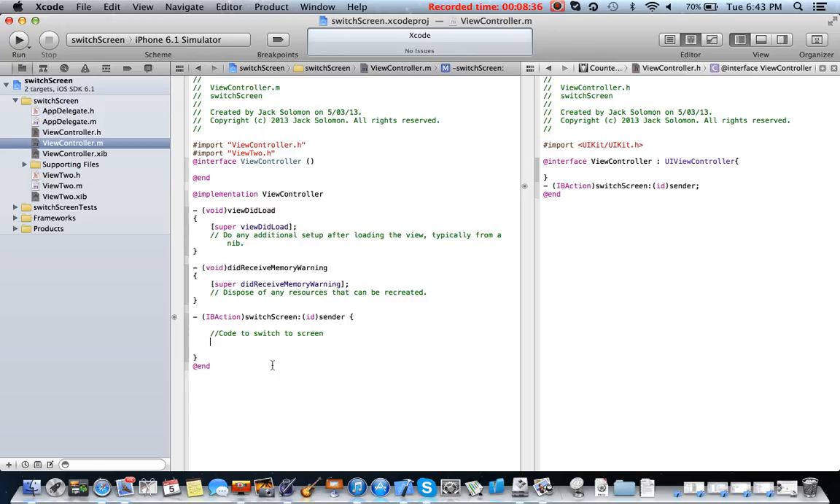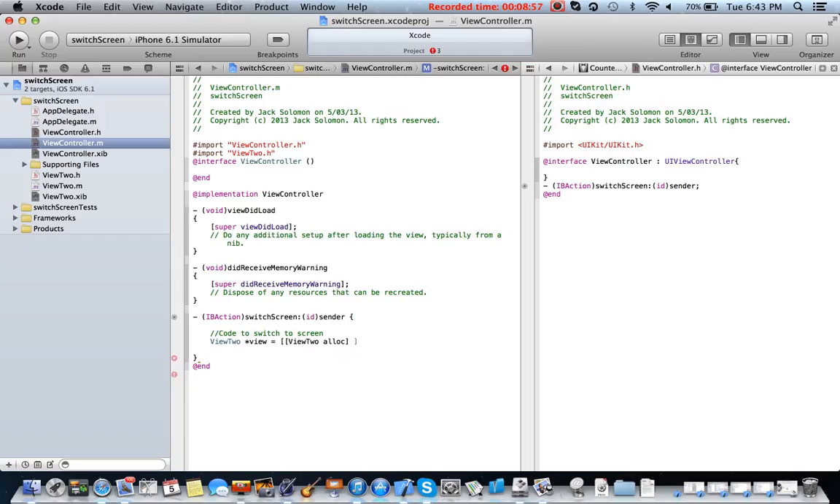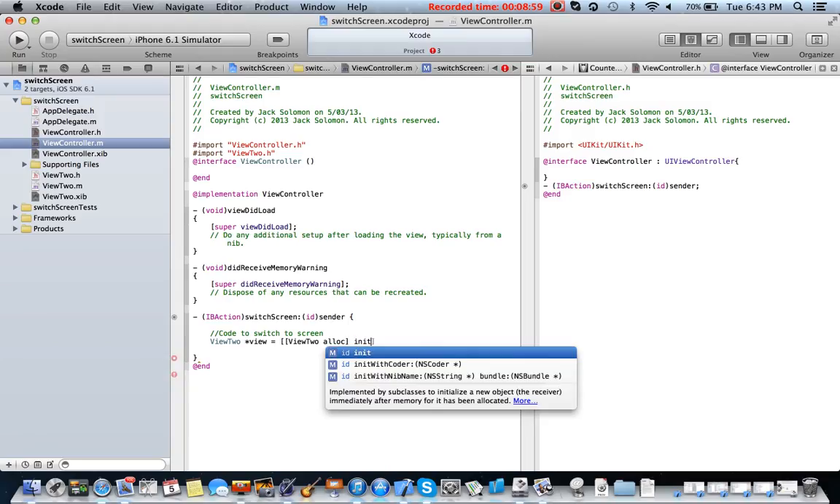Okay, here you're going to put your code. So I'll call my view 2. Pretty much wherever I write view 2, write the name of your second screen. So view 2, and then we need to give this a name. So I'm just going to write view 2 view, and then equals double square brackets view 2 alloc. You want to allocate it memory, and then go outside that curly bracket, and then init with new name